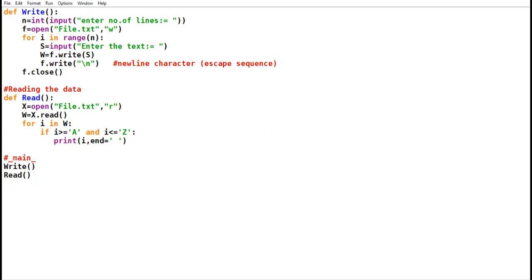I am not counting, I am displaying. So check if I is covering this range of capital ABC. Whichever characters satisfy the condition, they will get printed.